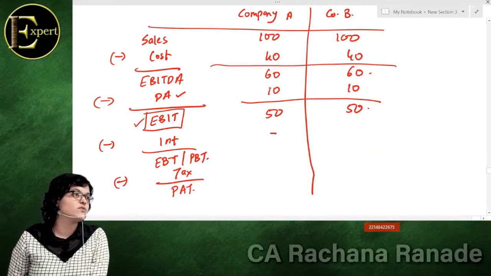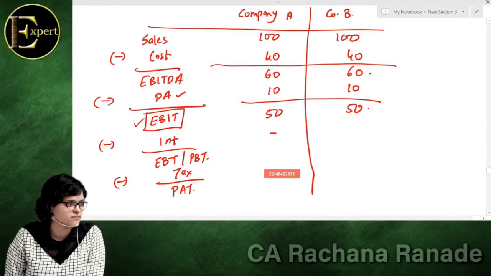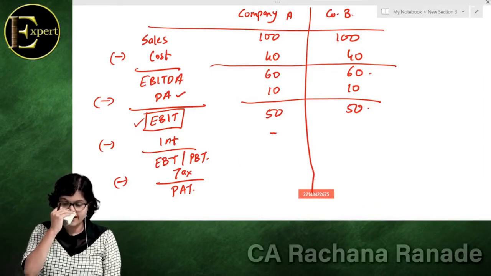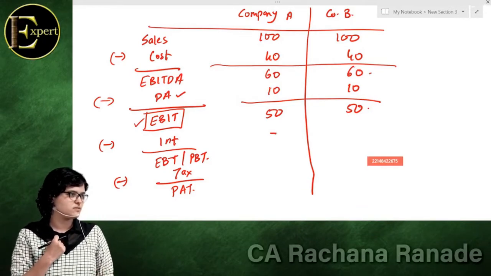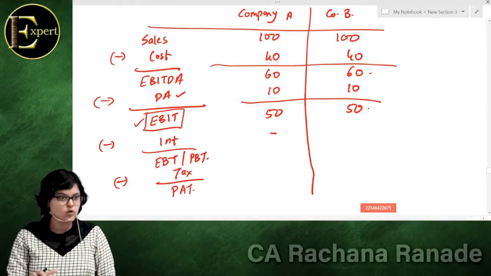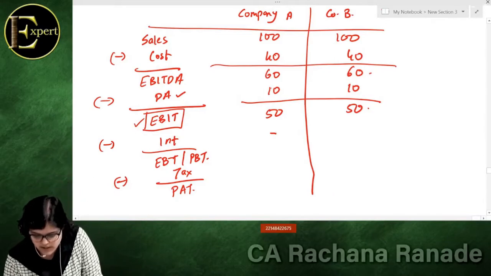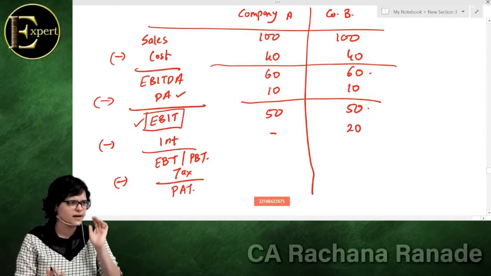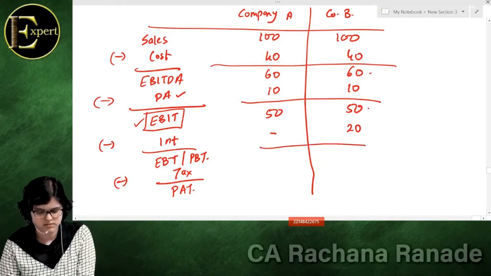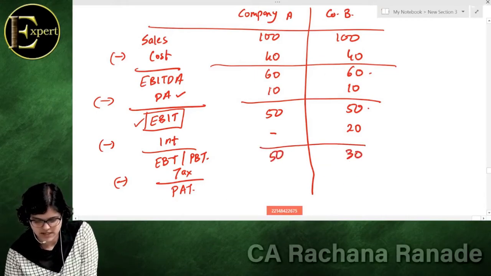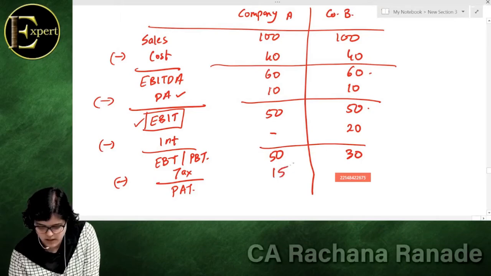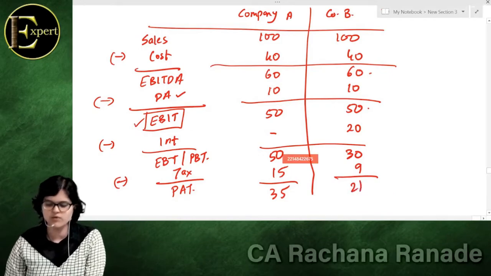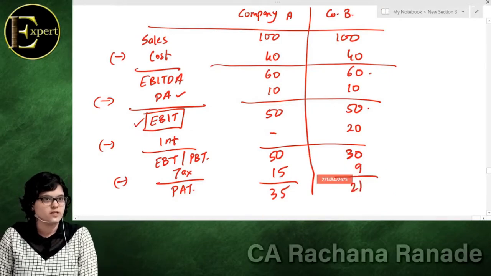And B has its major funding from debt. The money required for the business, they have taken more from loans rather than own funds. A lot of debt they have. So will you have a good amount of interest here? Yes. So assume interest is 20, again a random figure. What is earning before tax? 50 and 30. What is tax? 30%. For companies it is 30% tax, always. 15 and 9. 35 and 21. Tell me which company is better, A or B? A is better. Why?